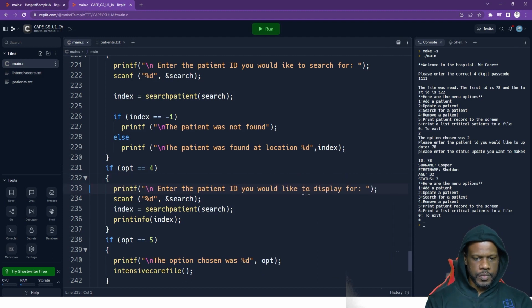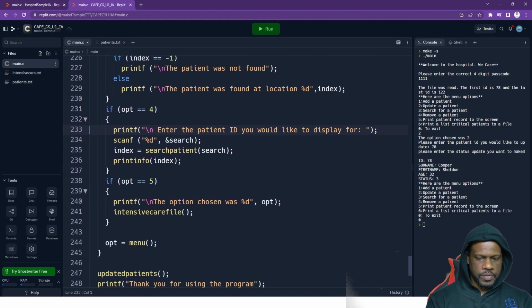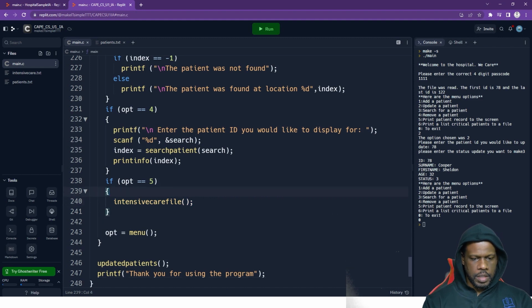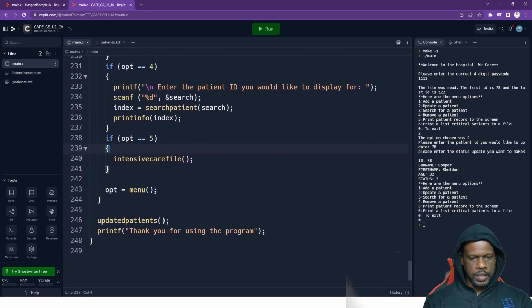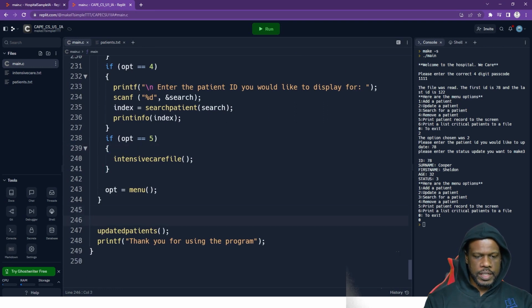Alright, just start back in. Now we have option 5. Option 5 is what's chosen. Okay, and option menu. Menu will call back the menu before it's done. Alright, so I'm going to put a comment here because I want to prove that I understand this function updates the patient's file